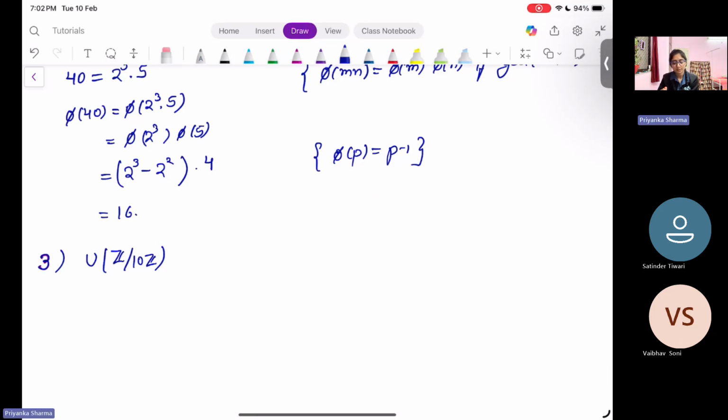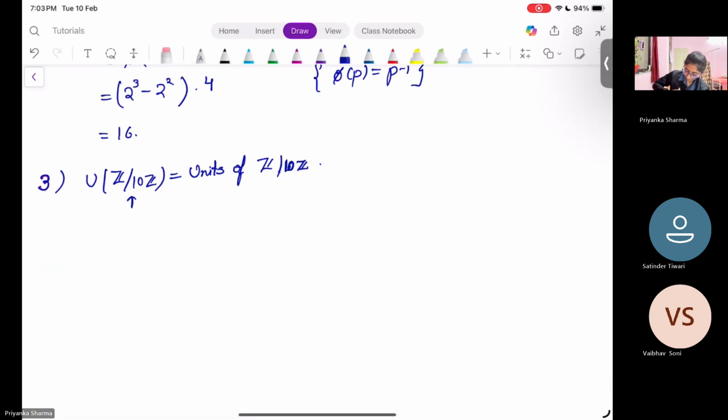So what is this? The units of Z over 10Z. It means the unit elements of this group. So how to find the units of Z over 10Z? These are some results which were discussed in lecture videos. Fine, no problem, I will write it. Units of Z over 10Z are,